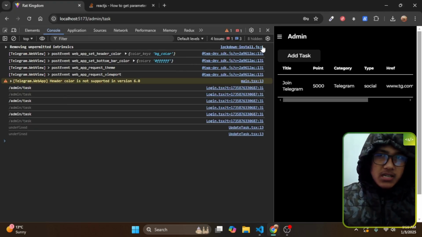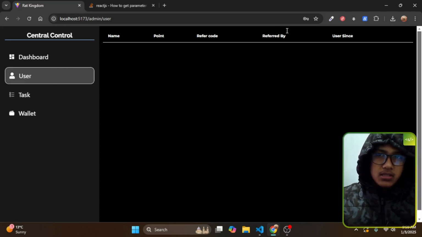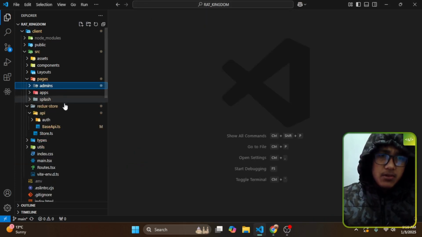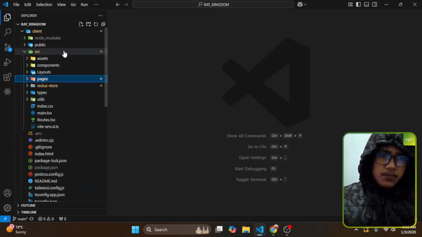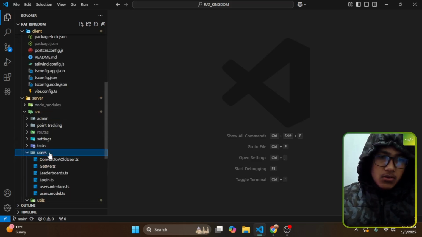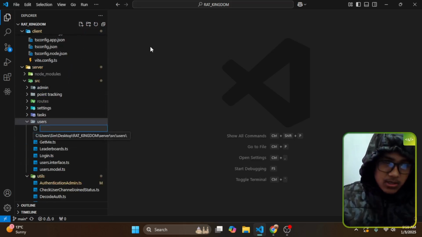We want to retrieve user information. Well, if I go here, you can see they do not have any user information. So we want to retrieve user information. For this, first of all I need to create an API, right? So I just go on this user, and here I want to get all users, not all users, because suppose in your mini app have